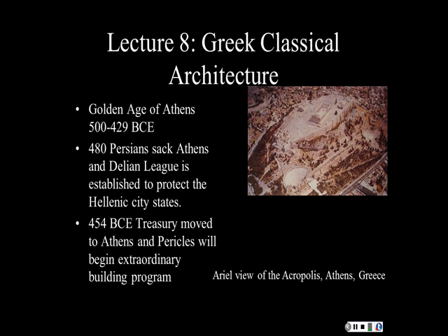The advent of the great classical age in Greece, known as the Golden Age, is going to be the period which begins after the defeat of the Persians by the Athenians in 480 BCE. This Golden Age, also known as the Age of Pericles, will basically last from about 500 to 429 BCE. Basically around 500, the Persians, as we know, the largest empire of the Western world, begin attacking Greece,